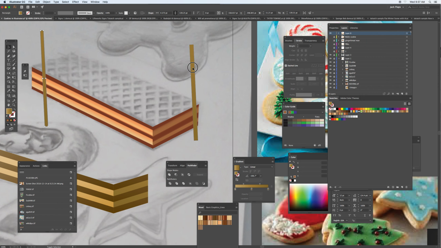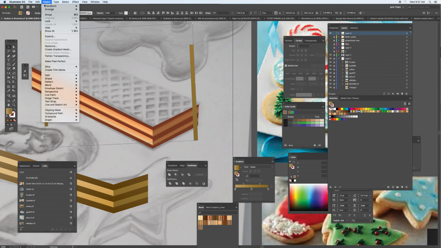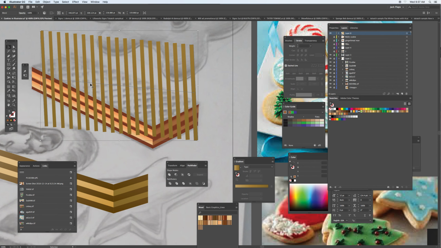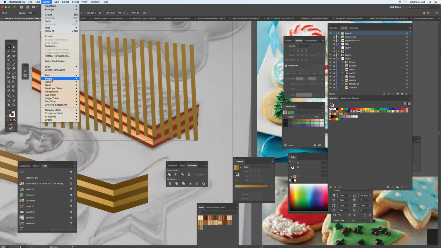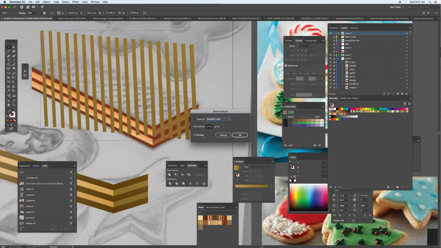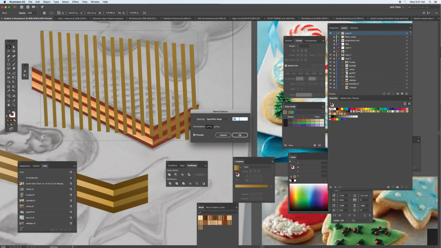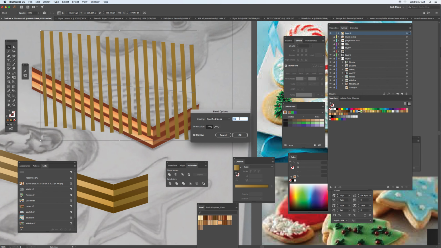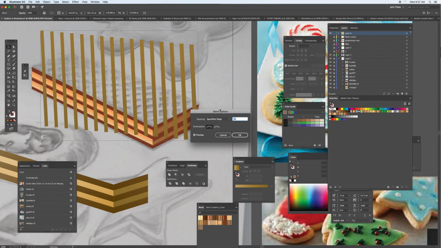Now there's a new tool under Object, Blend, and Make. And when you do this, it puts all these pieces in between. Under Object, Blend again, you have the options. And under Preview, you have specified steps. And you can increase or decrease with previews showing up so you can see the margin. So it goes from thick to thin all the way out. And click OK. So that gives me a